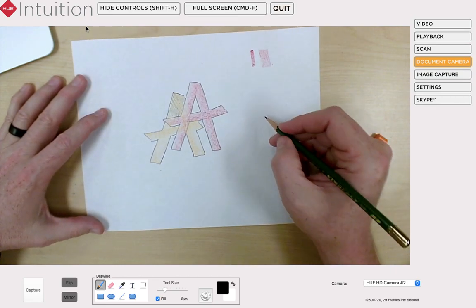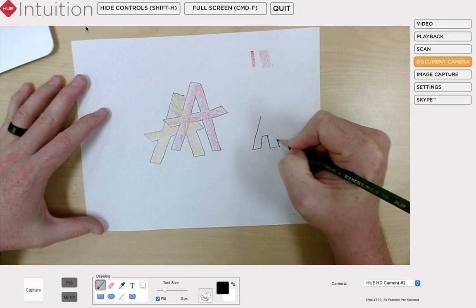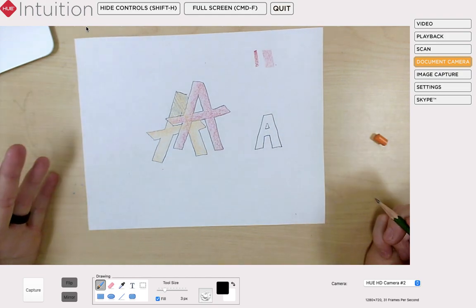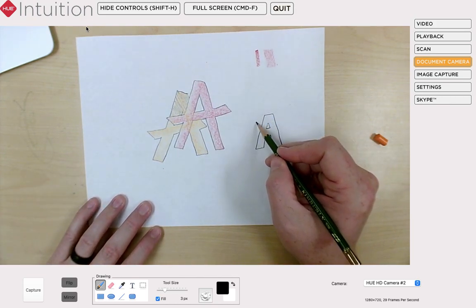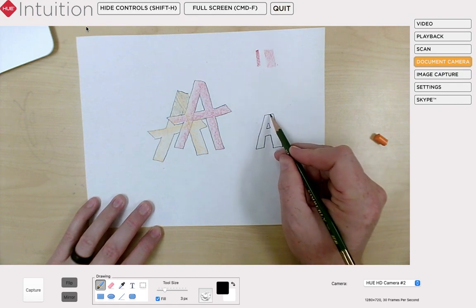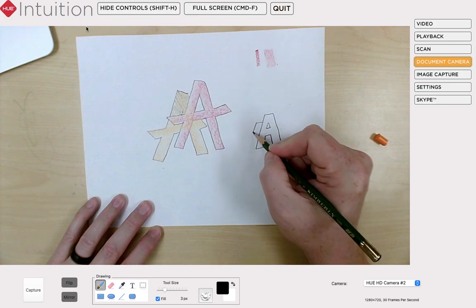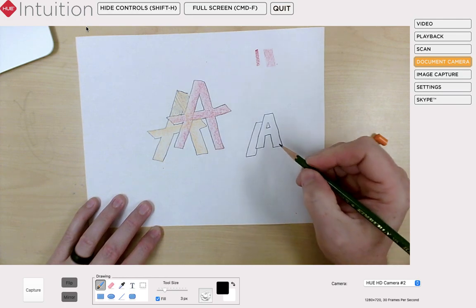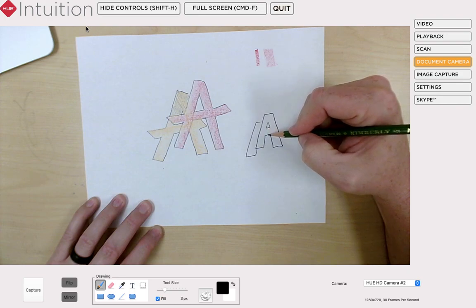Now what's tricky is if you're going to draw a bubble letter A and now create the drop shadow, you have to kind of use your imagination. So again, I'm going to imagine that the drop shadow is going to fall here below. And what I want to try to do is draw the same thing that I just saw. So I'm going to draw the top part of the A there. I'm going to extend this down. I have to imagine what does this letter end up looking like? So I'm going to imagine that that line's coming down,